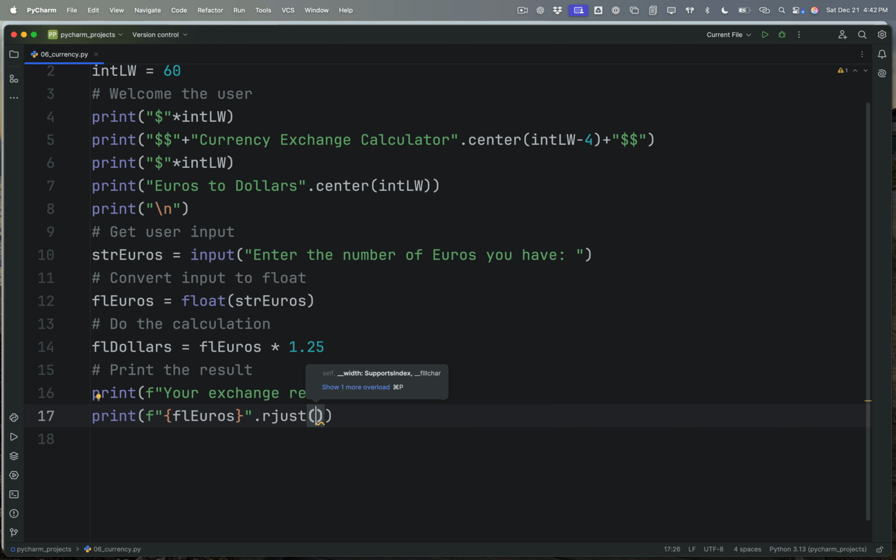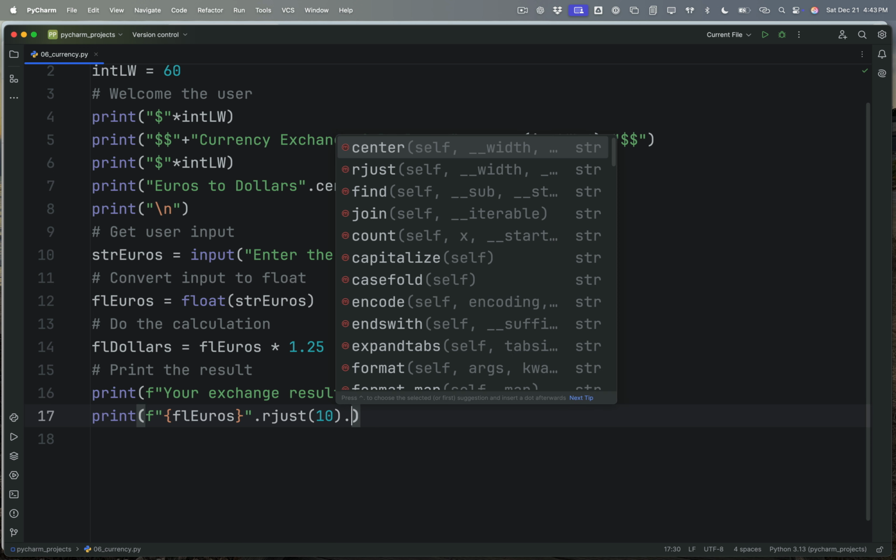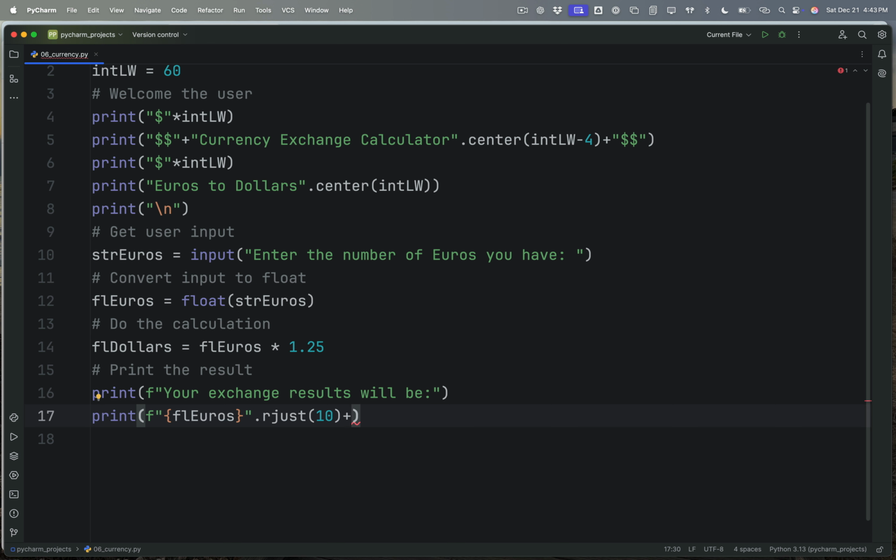This is similar to the center method, but this is the right justify method. And I'm going to use this to line up my euros and my dollars on the right-hand side. So we're going to say right justify, and we're going to put it in a row of 10. And then right after that, we're going to add another string, and I'm going to do space euros is equal to,